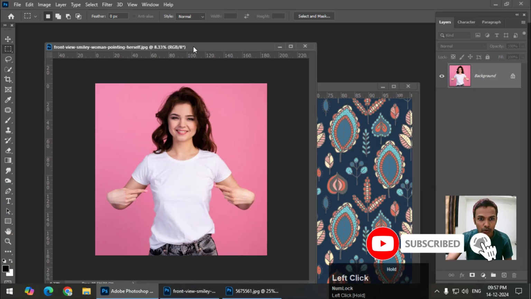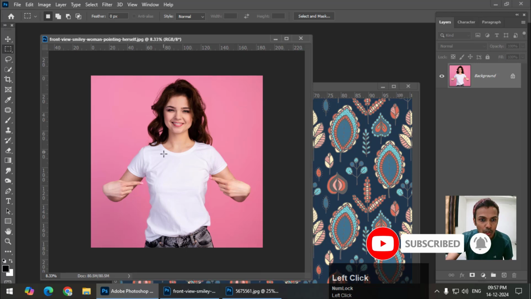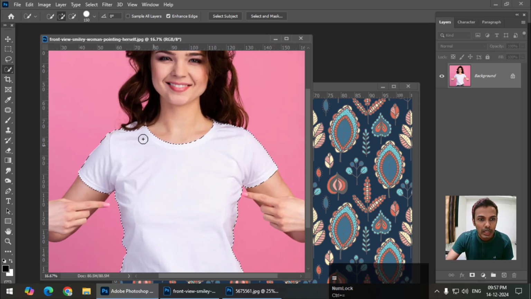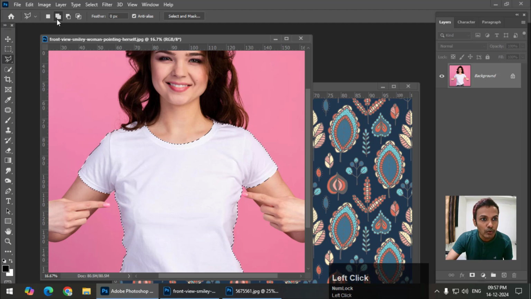So first of all, I have already opened an image. So I will select this shirt using the quick selection tool. You can use any selection tool that you feel comfortable with. Now using the polygonal lasso tool and add property, I'm going to add this particular area